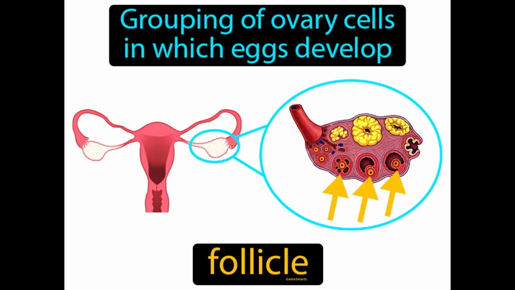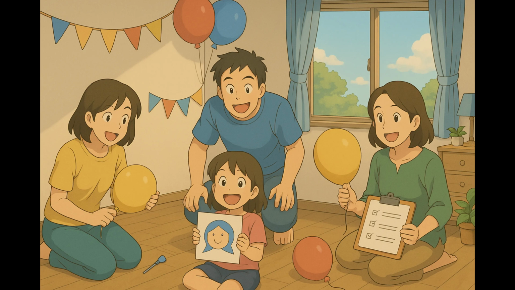Grouping of ovary cells in which eggs develop. Follicle. A follicle is a small sac in the ovary that surrounds and nourishes a developing egg. Imagine trying to organize a group of friends for a surprise party, ensuring everyone is prepared and ready when the guest of honor arrives. This planning process is similar to how follicles work in the ovaries, nurturing and preparing eggs